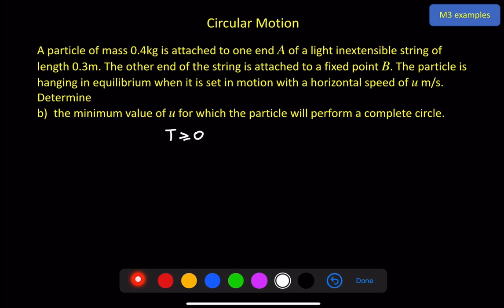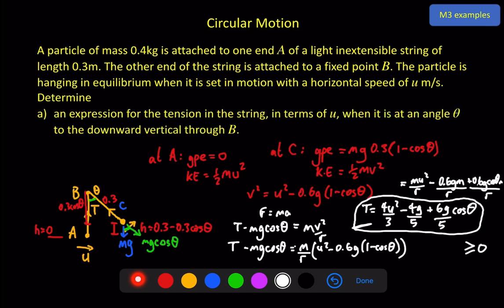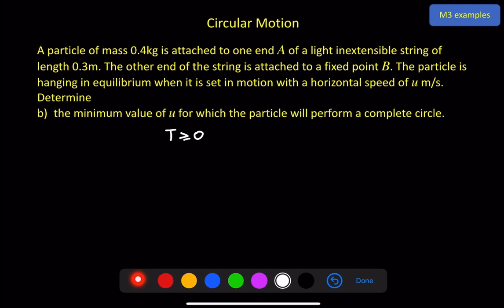argue that it should be greater than rather than greater than or equal to, but I don't think it's quite such a problem here if the tension is equal to 0 at the very top of the circle, so long as the velocity is not also equal to 0. Then you'll continue past that point, the tension will become greater than 0 again, immediately after the very highest point of the circle. Saying all of that, I've forgotten the expression, so 4 over 3 u squared